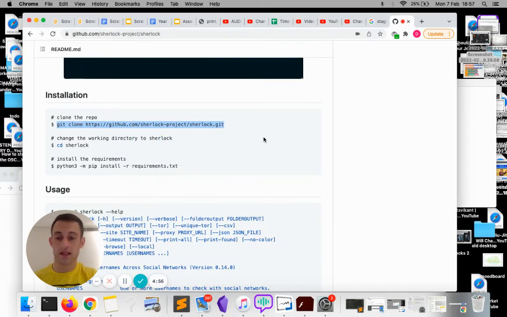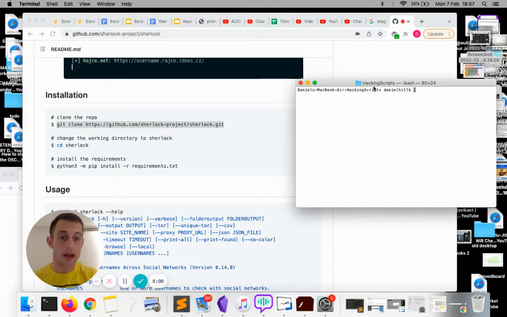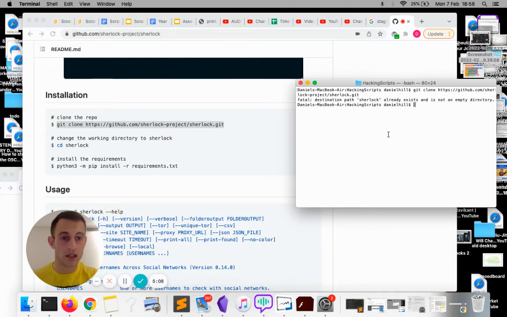So clone is basically like make a copy of on my site. If you're on a Mac, you can go over here, and then I'm just going to paste that in. So basically, it already exists because I've already downloaded it. If I show you, I can go back maybe, and then I'll make a new